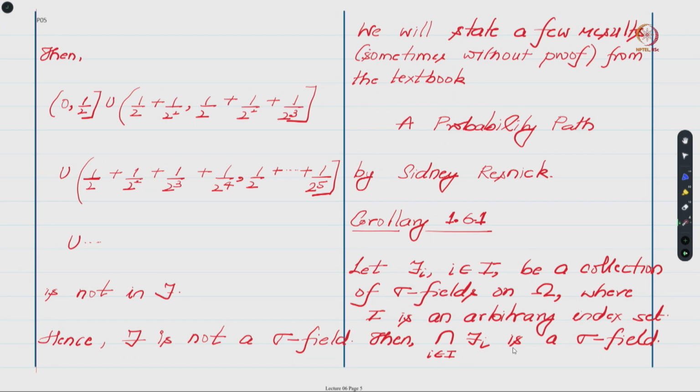And in order to show that it is not a sigma field, it suffices to show that there is one property that is violated, and the property that is violated is closure under countable union, right. So the claim is that if you look at this countable union, let us look at this. This is the interval going from 0 to half. So maybe if I draw this